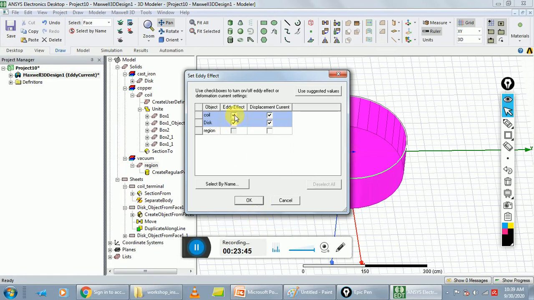Here select coil and disk. Set eddy current effect. Select disk only and uncheck displacement current. Check eddy effect on disk only and make it OK.